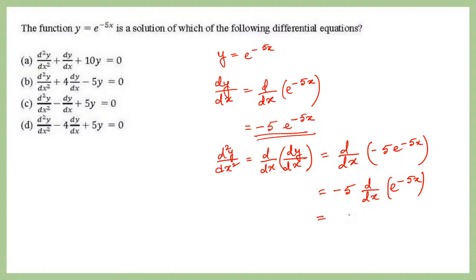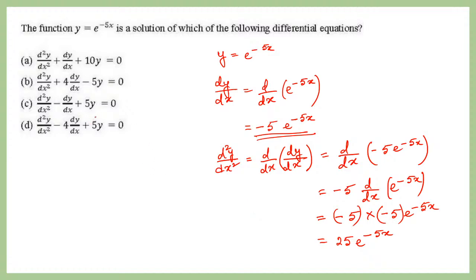So it will return us minus 5 times minus 5 e to the power minus 5x, right? And minus 5 times minus 5, that is plus 25. 5 times 5 is 25, and minus minus is plus, so plus 25 e to the power minus 5x. Okay, so it gives us d2y/dx2 equal to 25 e to the power minus 5x, and we have the options as d2y/dx2 plus dy/dx plus 10y,